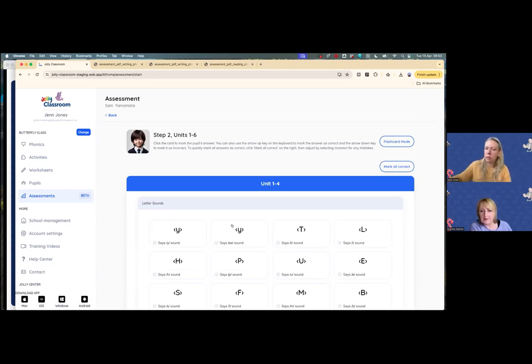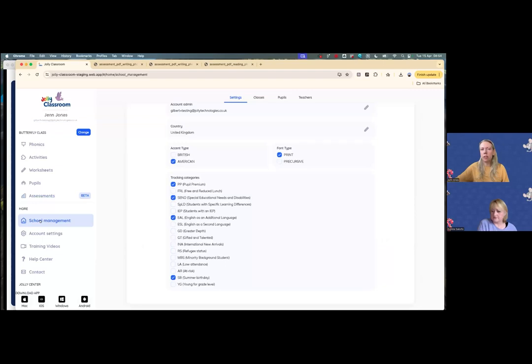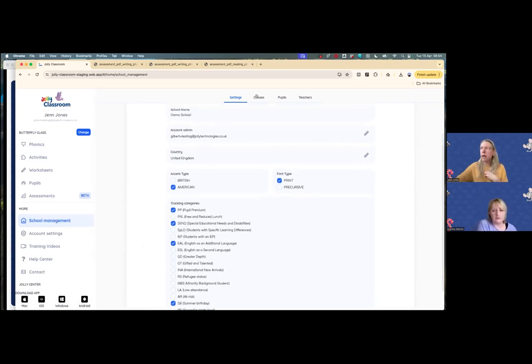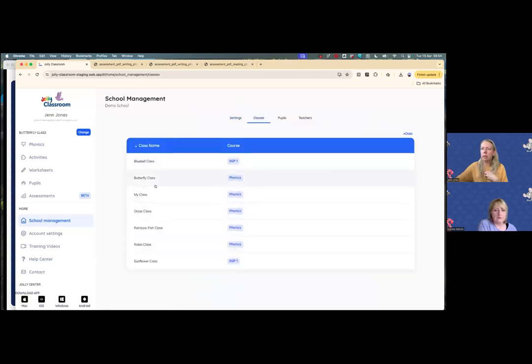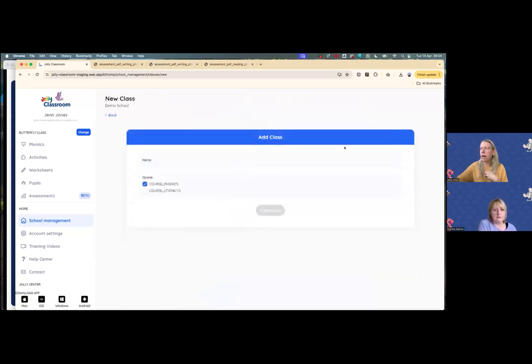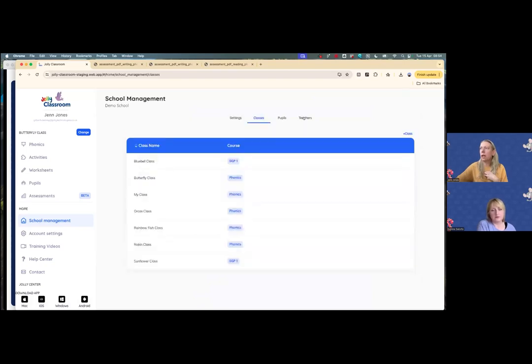There's a good question here from Blanche, which is, can this information be passed over when the child goes into a new class? That is another thing that we're looking at building so that it moves up easily. At the moment, within the school management tab, which I didn't really explain to you, this is going to be organized by whoever the school admin is. And at the moment, there's only one person that can do it, but we're going to open that up to a few more slots. So if I'm the school admin person for my school, that means that I have the ability to add the classes. So these are the classes of my school. I can easily add another class here if I want to. And I can also